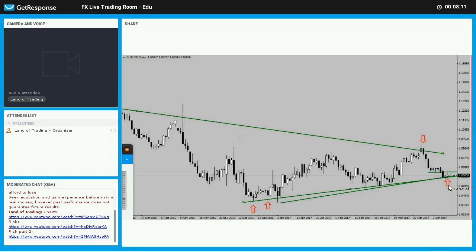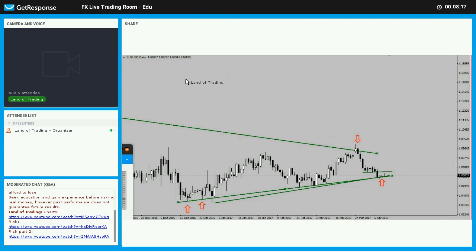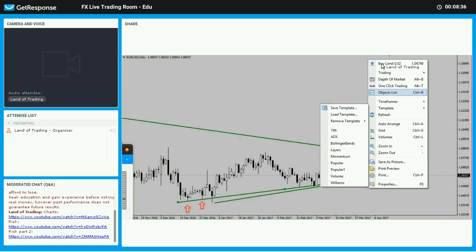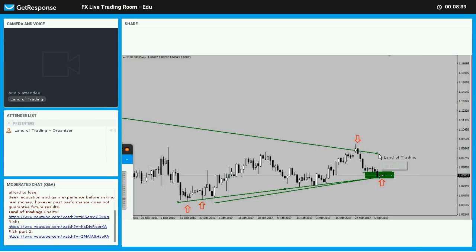For now, I don't expect any kind of a huge move to the upside, because I think we are trapped somewhere here, right? Okay, we are trapped somewhere here between lines, but also